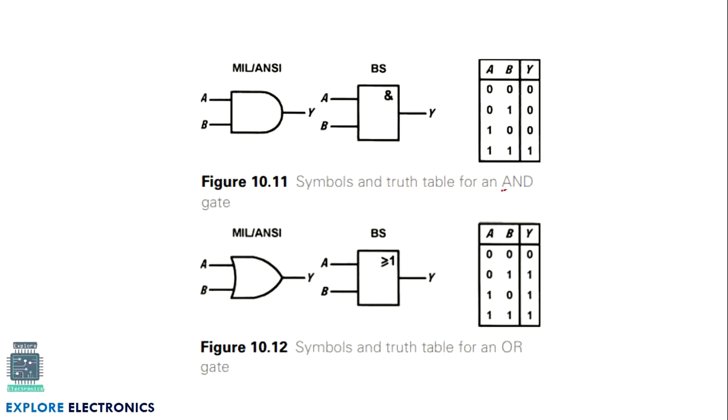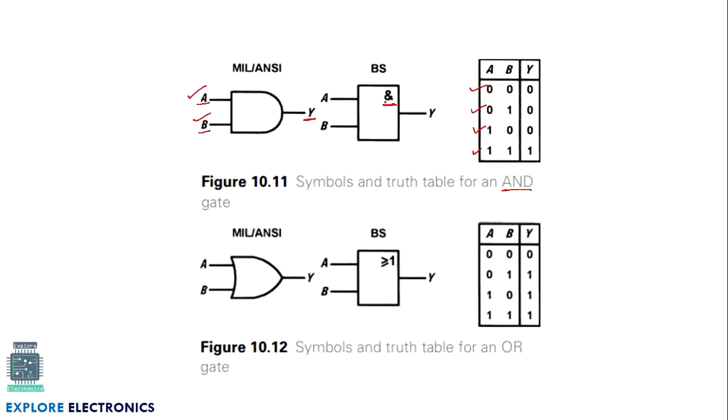AND gate is another logic gate. Here the two inputs A and B can be treated as inputs. This is the symbol of the AND gate, and output Y here we are taking. Actually the functionality will be, let us look at the truth table. In the truth table you can observe there are 4 sets of input values we have given. In the first set A is 0, B is 0. In the next set A is 0, B is 1. Similarly 1 0 and 1 1. These are the 4 different combinations we can expect from A and B.